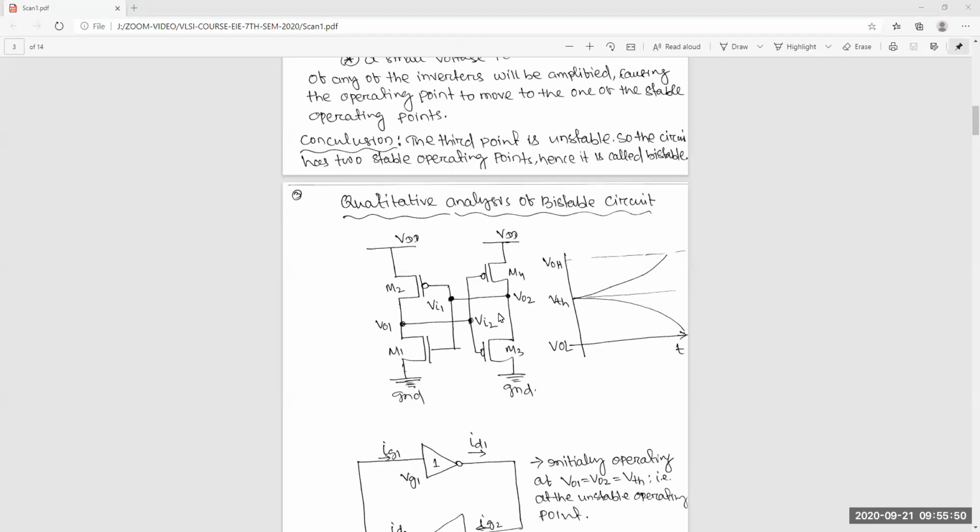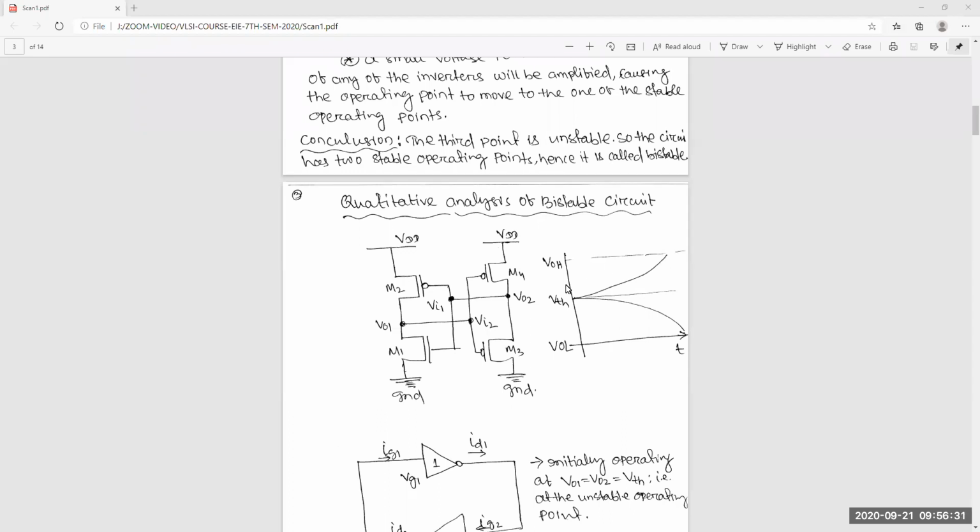If you start from VTH, the unstable point, and give a delta change in voltage, then it will finally reach one of the points, either VOH or VOL. At that point it will be stable. That means it will latch that value, until and unless you remove VDD. When VDD is present, you stay at that stable point.